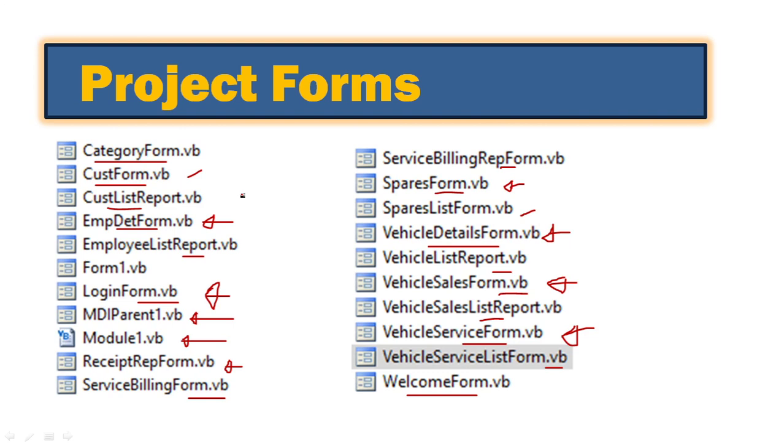So these are the forms which are required for this particular project. That's how we have designed it. Probably you can also plan the same way, or you can plan in a different way. After getting this idea, you can design the whole project yourself, and at that time you can decide what forms you want to put into your project.